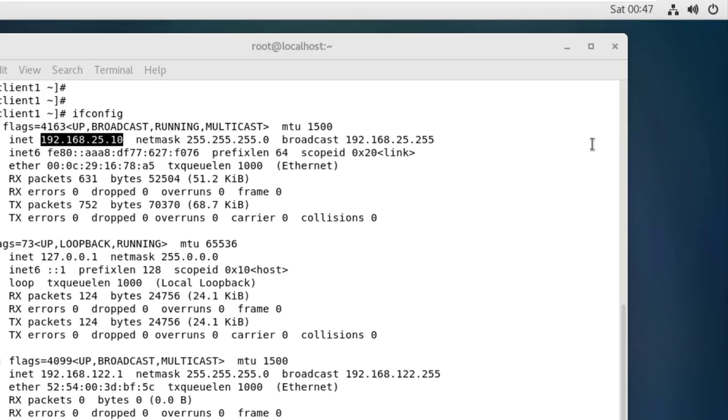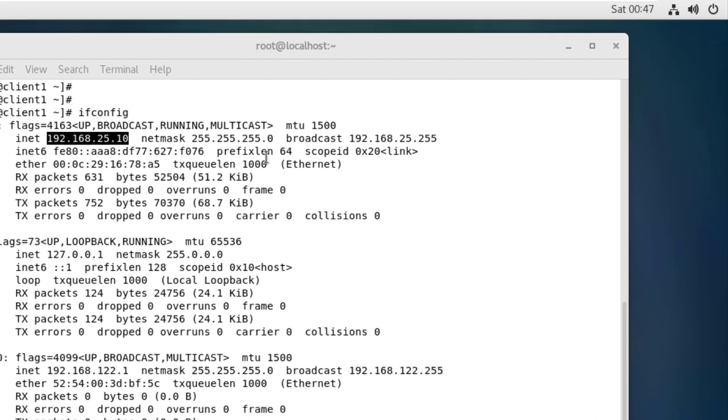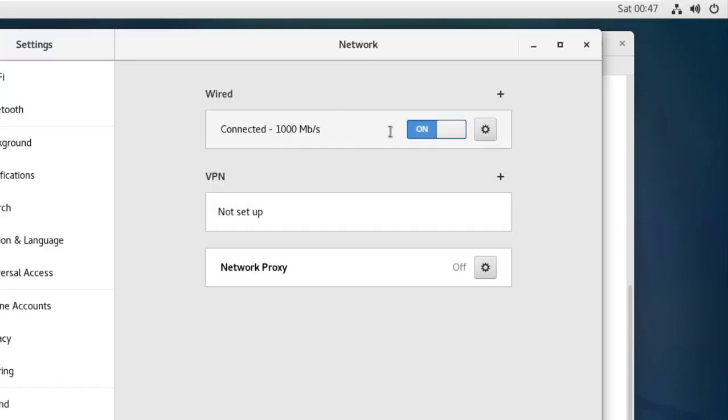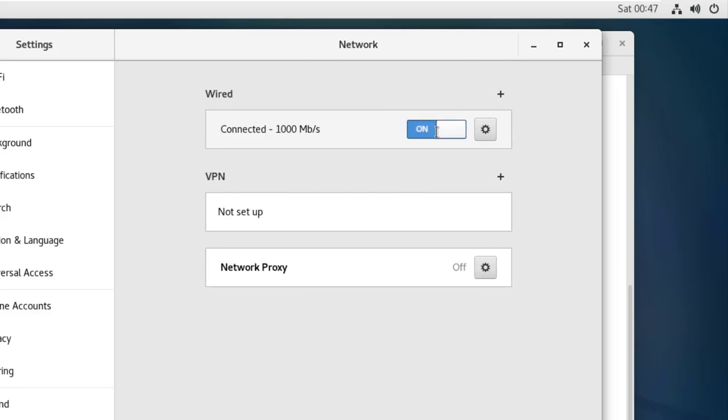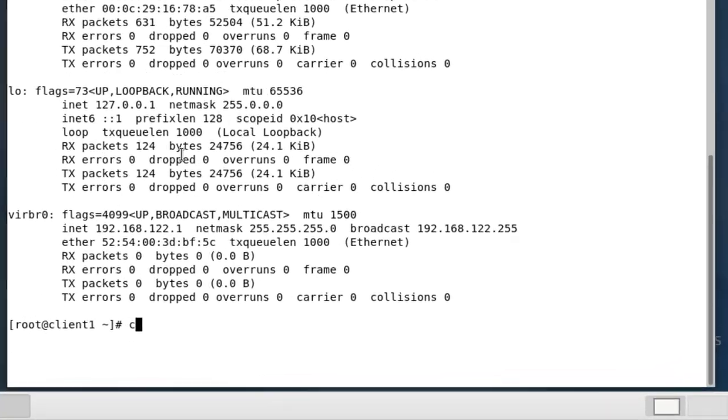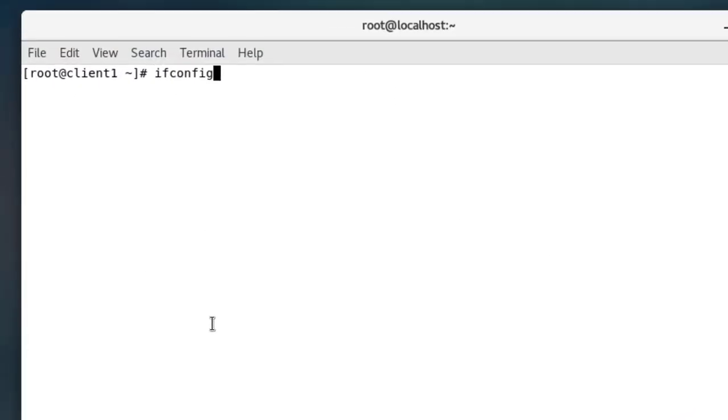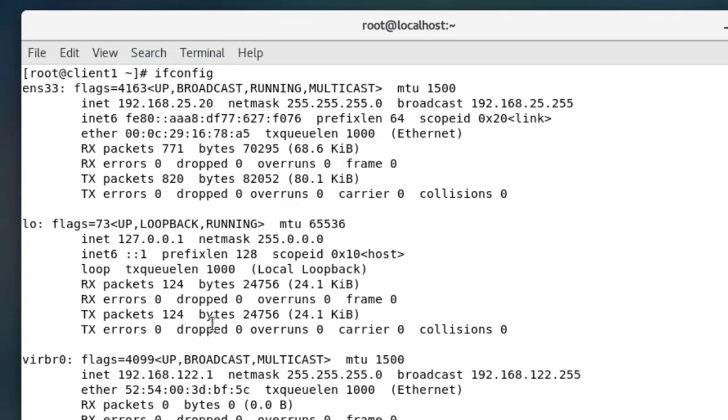Go to wired settings, switch it off and switch it on. Just to make sure, switch it off again and switch it on again. Okay, close this, clear the screen, and I'm going to run it again. Success. So we now got the IP 25.20.